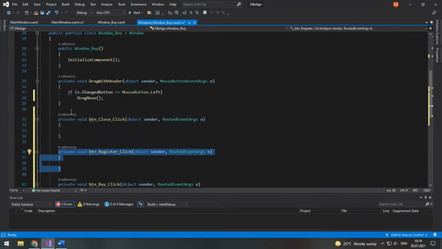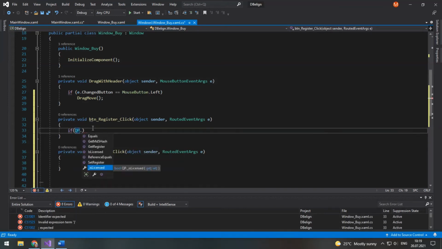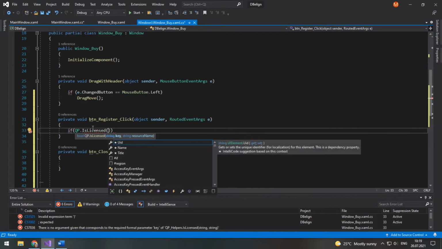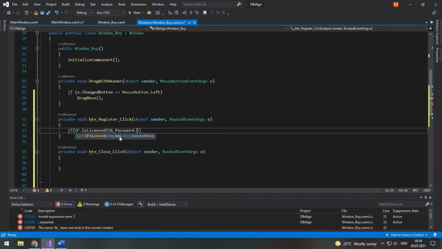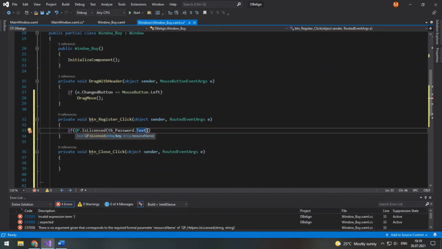So when we click the register button, we will check if the entered key is licensed. So again, if qp dot is licensed, and we will get the key from tb underscore password dot text, and the resource name will be again the file db line dot license keys dot txt.